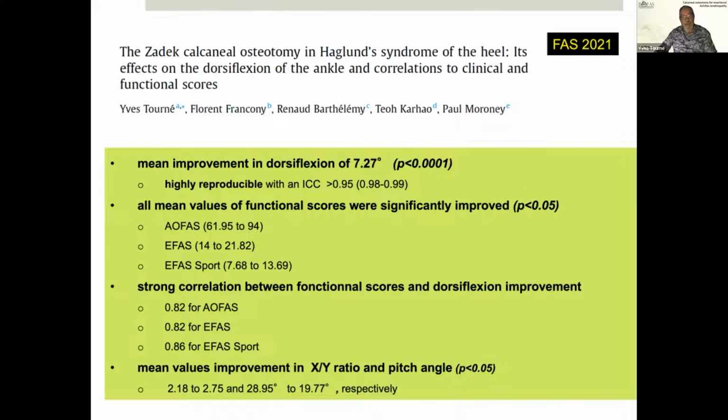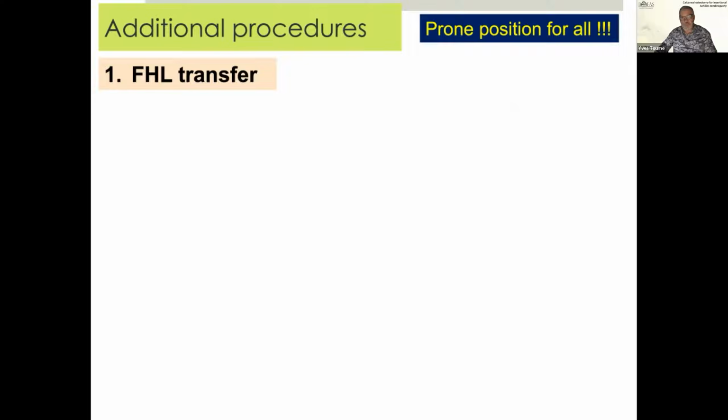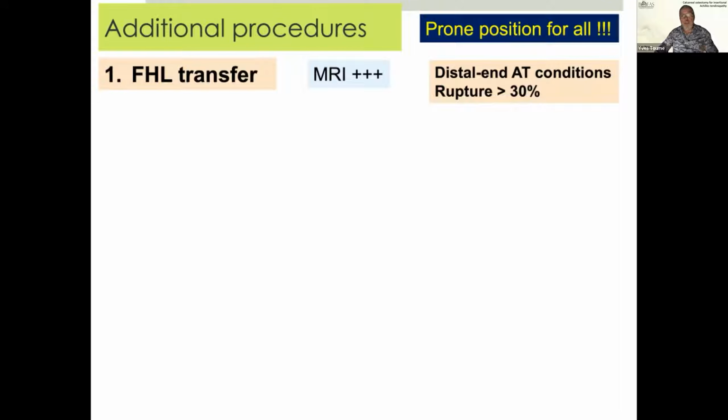And the mean value improvement also with the is-on-Y ratio and the pitch angle, even if it was not the goal of this last study. But Zadek is not the only procedure we have to use to improve the condition of the insertion of the Achilles tendon. Sometimes we have to deal with additional procedures, like the FHL transfer, and the MRI is very important to decide